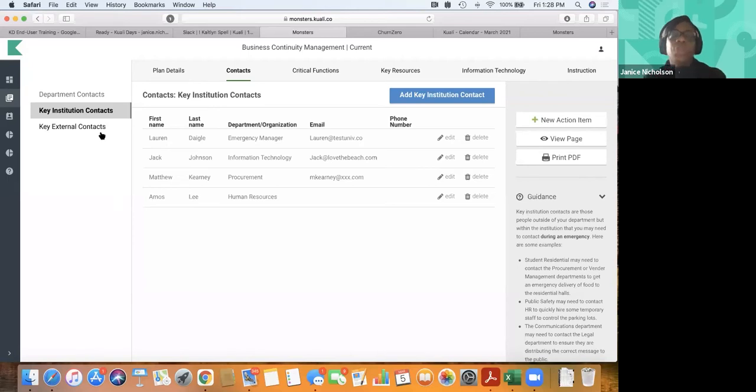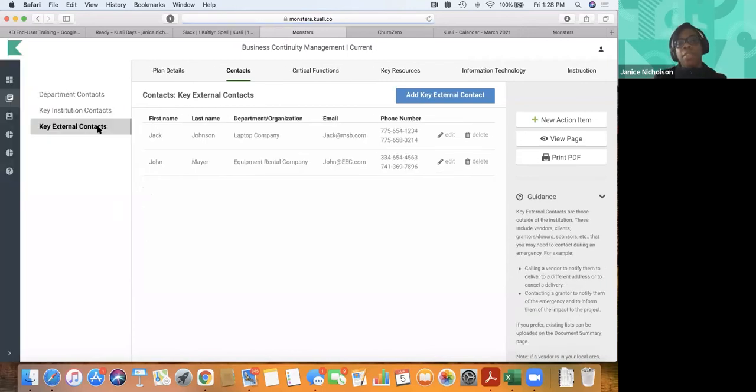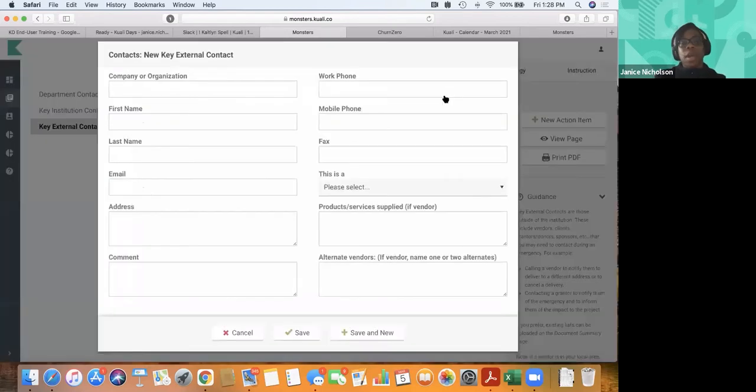And while you guys are doing that, external contacts. So those are contacts that are not employed by the institution. It could be a vendor or some sort of supplier. You want to add their information in here by clicking on Key External Contact,